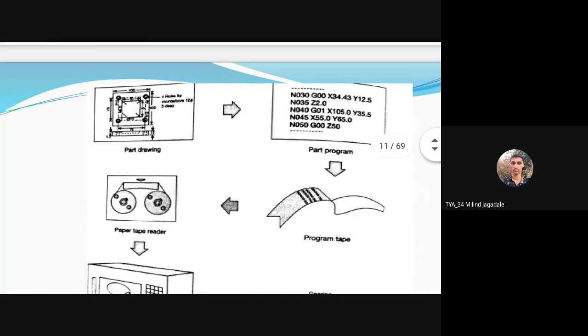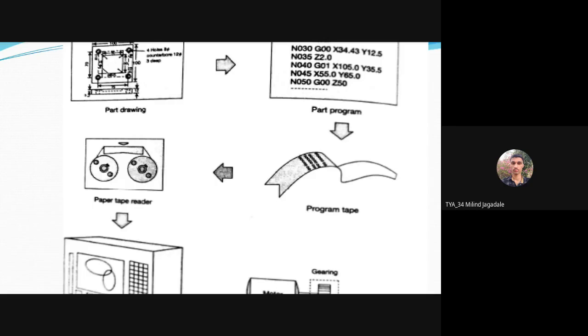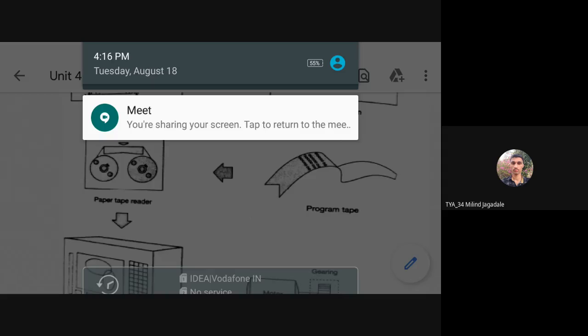Okay, numerical control. For that purpose, different program tapes are also available. Nowadays these are not available, but certain innovations are there. A file is used directly. Any computer file or memory card will be used for the transformation function. So, the paper tape reader: whatever input we have given in terms of a circuit on the tape,